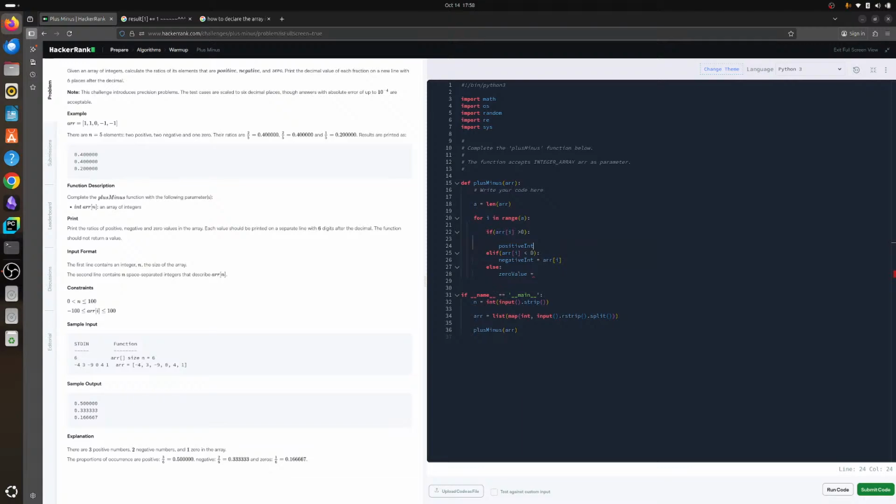Positive int plus plus, no, plus equals to 1, sorry, plus equals to 1, plus equals to 1,